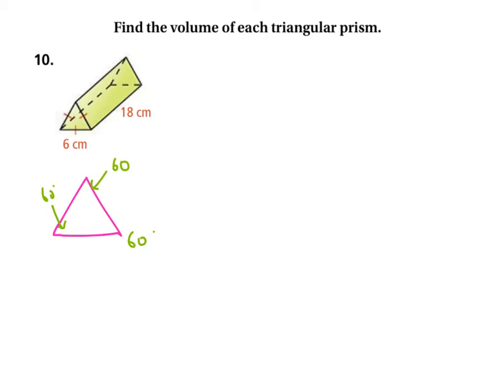Knowing that, if we were to try and find the height of this triangle, because remember it's base times height, and so if I drop this apothem length down here, we've got then no longer a 60-degree angle up there. We've got a 30-degree angle and a 90-degree angle. Here we've got a 30, 60, 90 triangle. So if we know that this entire base side is 6 centimeters, which we do because it says it right there, then splitting that right down the middle,